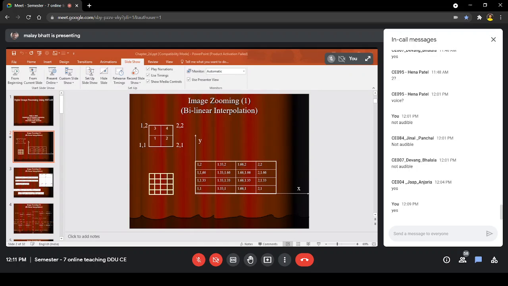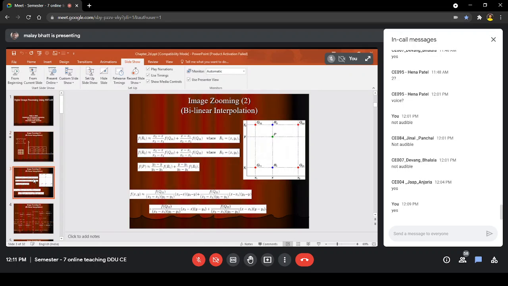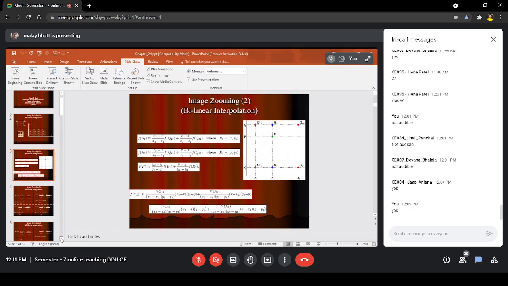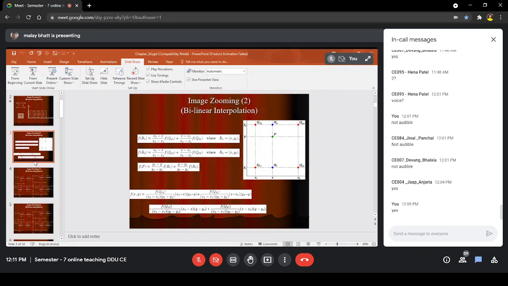So now using this simple equation, can you tell what will be the values for the first column? Which two Q values do we have to consider for the first column, from this picture?